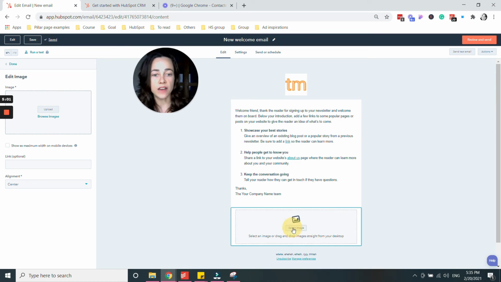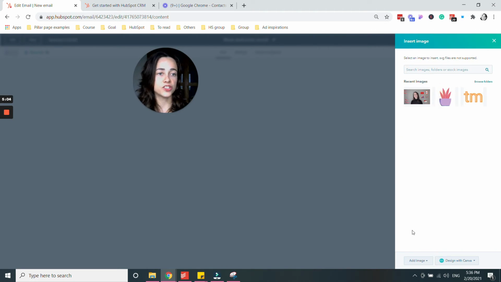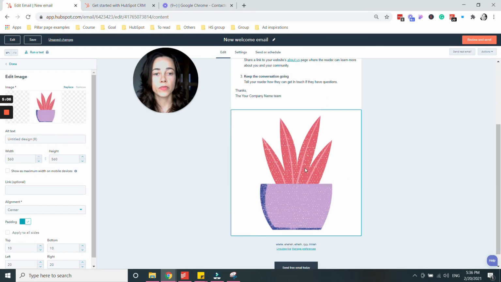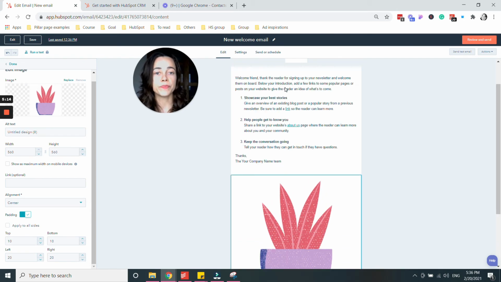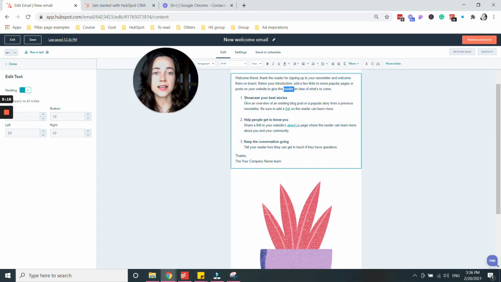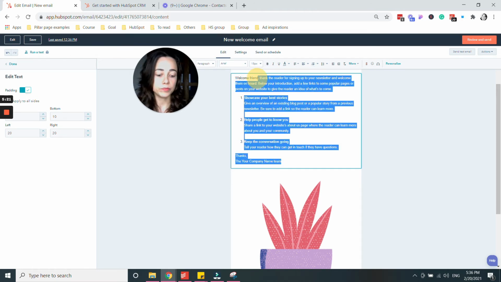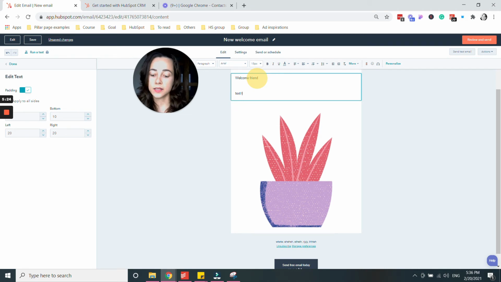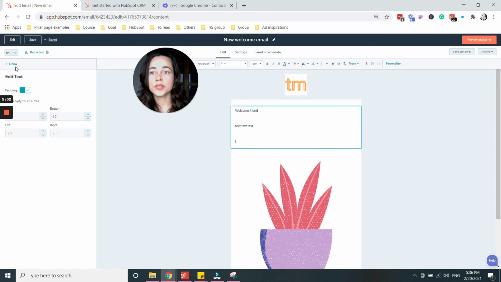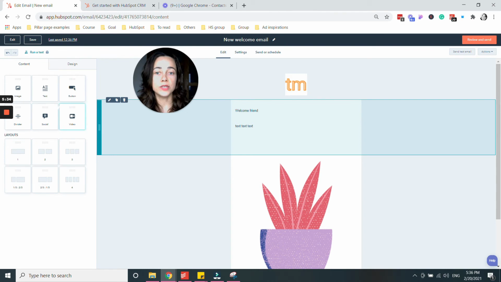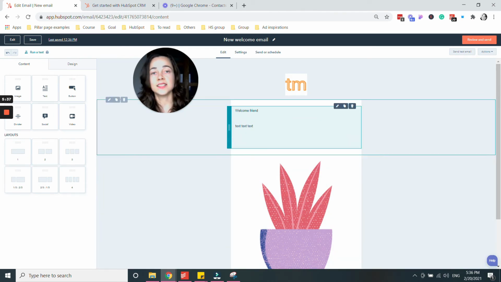To add the image itself, I have to select it and upload it to HubSpot. Let's just add this pretty little plant here. Same thing, you can change size, you can add padding around your image and so on. Let me take a look at how we added the text. So you just have to double click, and then let's just delete all that and add some text, and so on. So really simple. All you have to do is add the modules that you need, drag them here, and edit the actual content